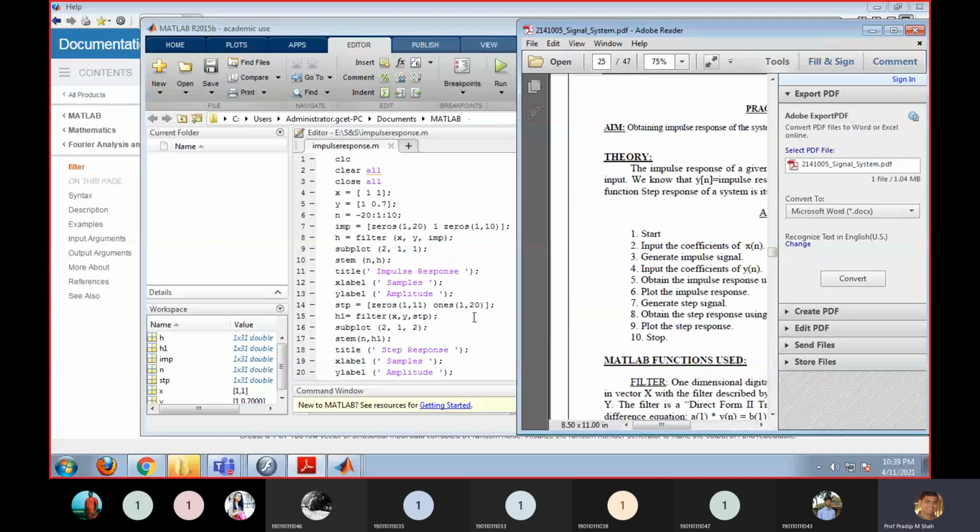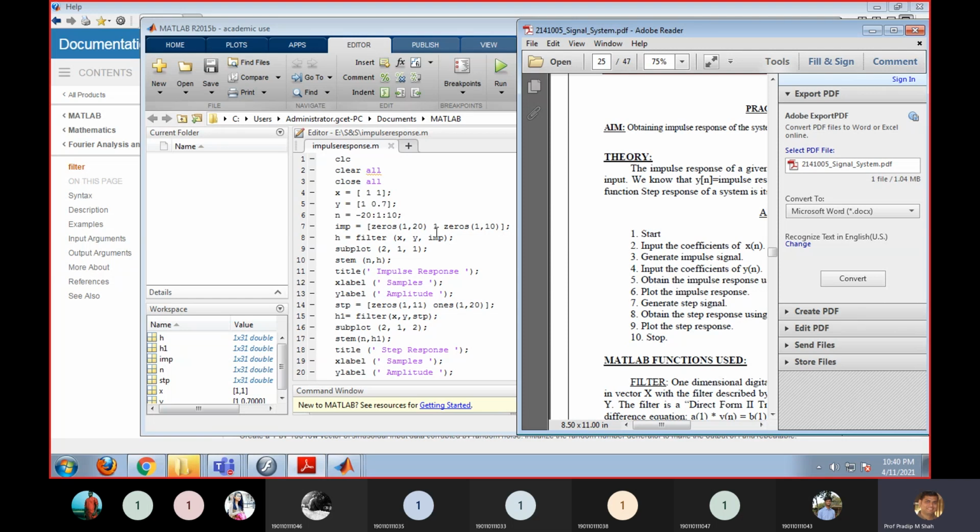Okay, so first we need to generate impulse signals. यहाँ पे मैंने impulse signals देखिए आपके लाइन नंबर 7 में एक impulse signals define किया है IMP. Now how do we generate the impulse signals? The impulse signal generate करने के लिए you must know the mathematical expression of an impulse signal. The impulse signal is 1. Impulse signals कहाँ 1 होता है? At only t equal to 0, or n equal to 0.